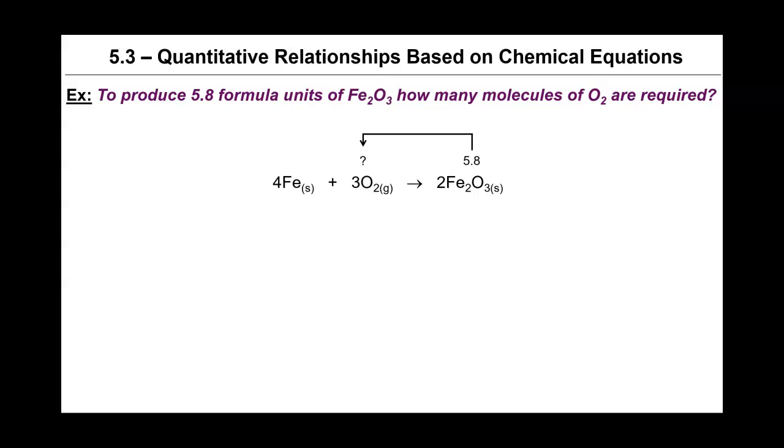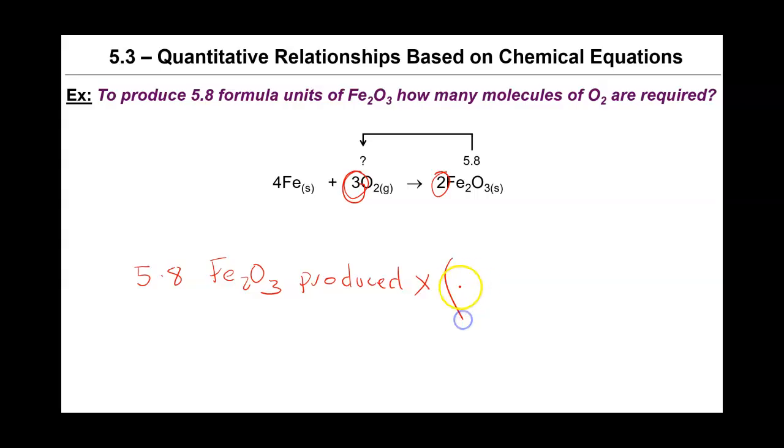Of course, we can go the other way as well. So in this problem, we were asked, if I wanted to produce 5.8 formula units of Fe2O3, how many molecules of O2 would I need? So the key thing to recognize is that I will require 3 molecules of O2 to be reacted in order to produce 2 formula units of Fe2O3. So if 5.8 formula units of Fe2O3 are produced,